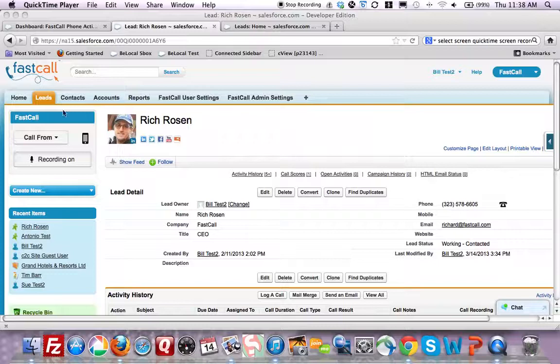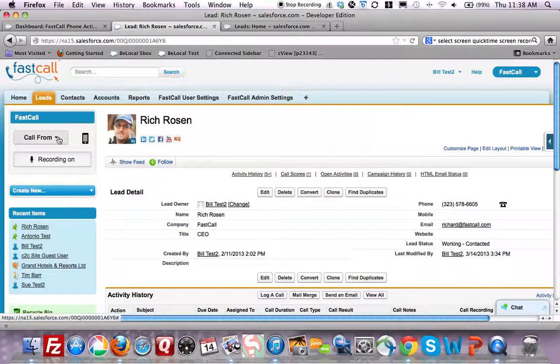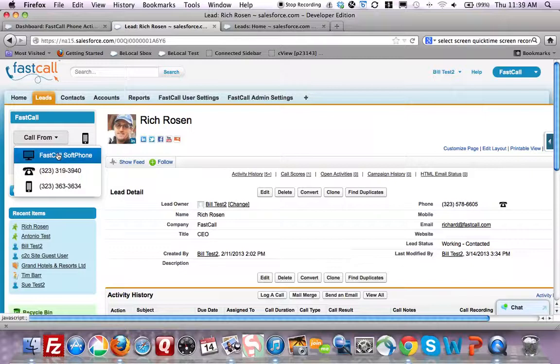You'll see that we have a home page component installed as part of our application, and the application is going to look on any Salesforce object for a phone number, and we're going to place a little phone icon. So the user is able to pick the phone that they want to call from over here in the widget, and the options are a soft phone, where the user would be calling from a headset, their office phone,